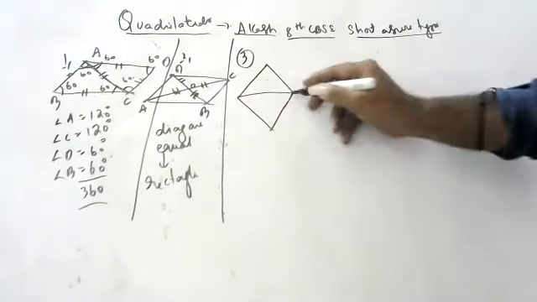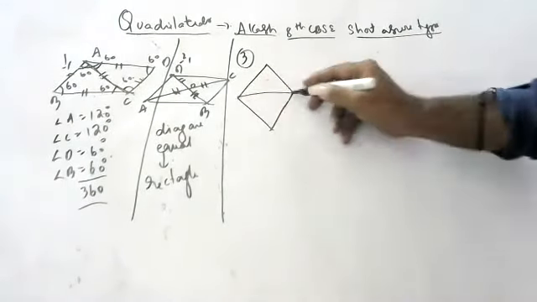Did you understand? One diagonal is 32, the other diagonal is A, and all sides are 20. He is asking you to find out this other diagonal. We use Pythagoras theorem. Why should we use it? Because in a rhombus the diagonals bisect each other perpendicularly.